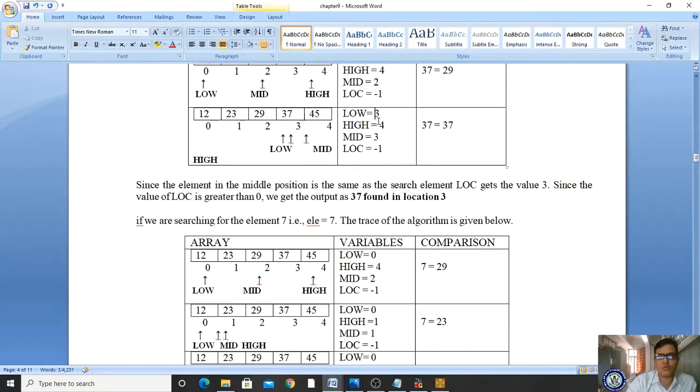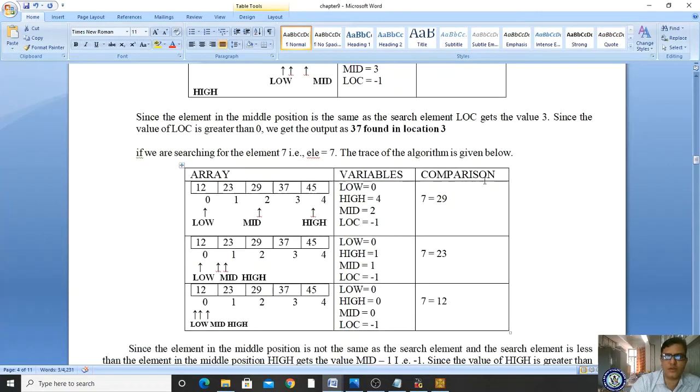Low becomes 3, high becomes 4, mid becomes 3. Got it? 3 plus 4 by 2, 7 by 2, 3.5, it means 3 approximately, the third position. In the third position you have the searching element. 37 is found. Got it? So likewise this comparison will work.